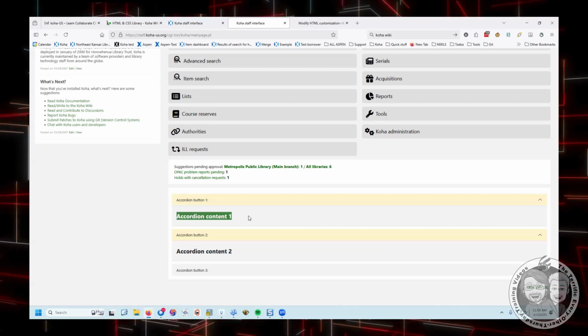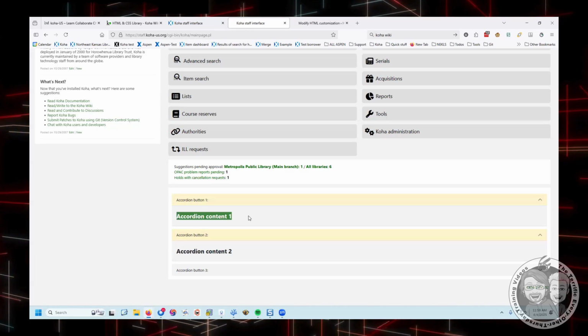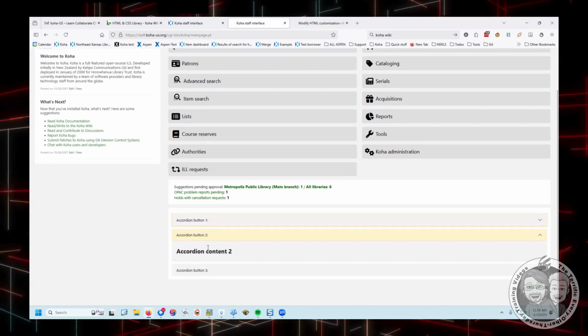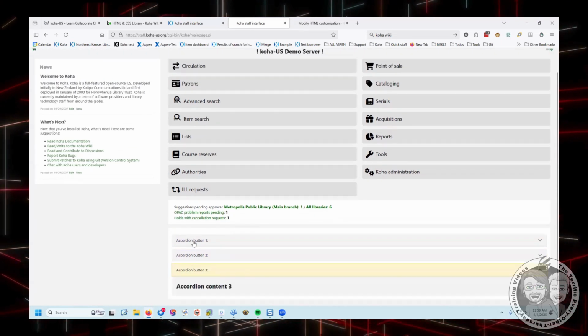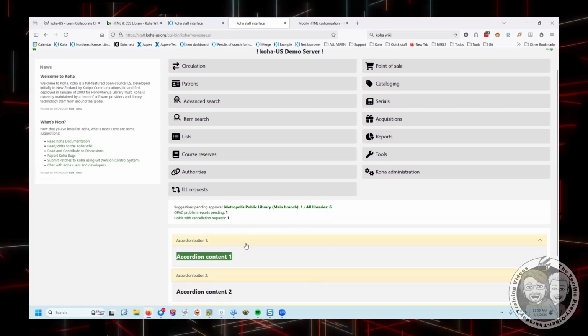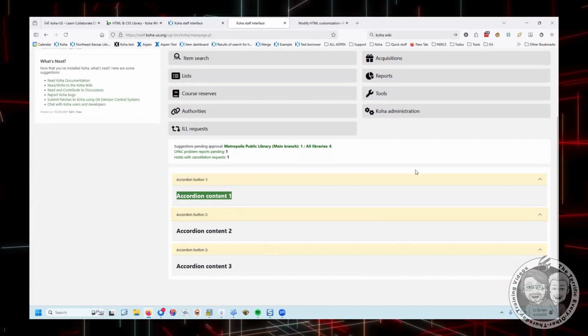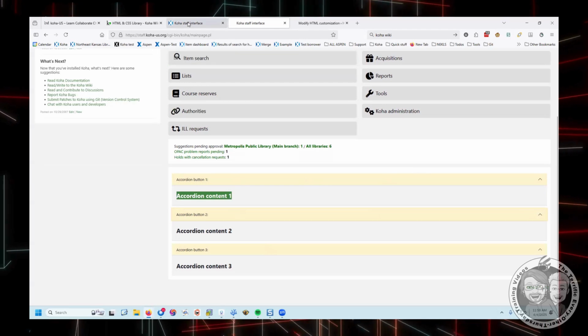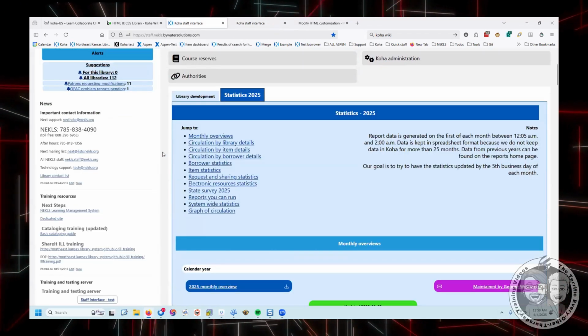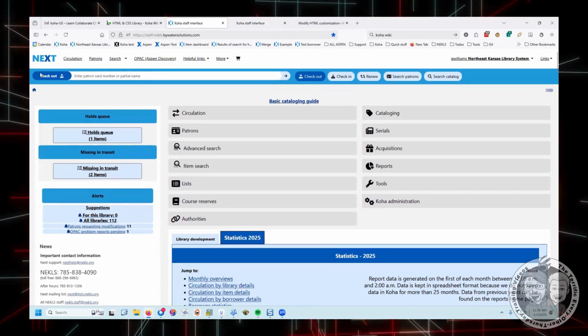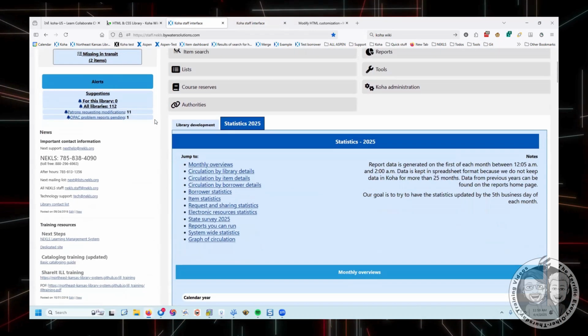You can put anything you can do in HTML, you can do in there. So these are two different ways to organize the content that you might want to put into these places on the Koha page. I know in our system, this is what I've got the tabs set up to look like now that Next Search Catalog is on Koha